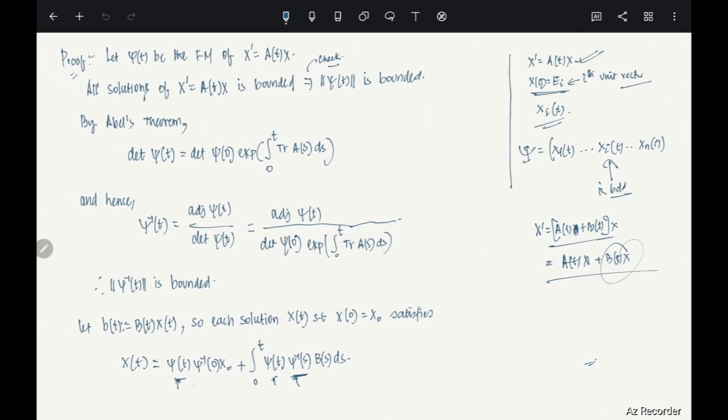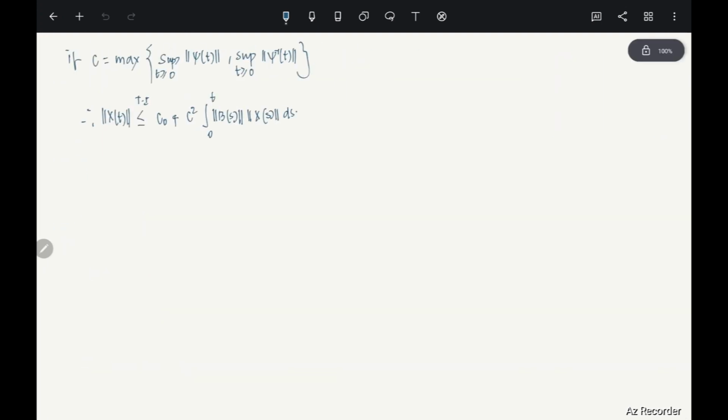Sorry, I made a small mistake here. This is not capital B, this is small b. Now small b is capital B times capital X, so that is why I just wrote it like this. Is it okay? So now by Gronwall inequality,